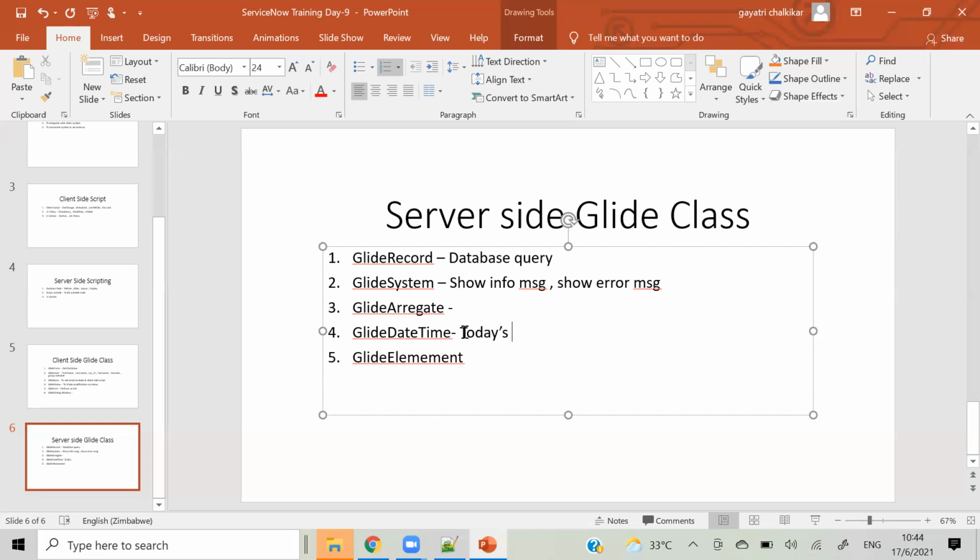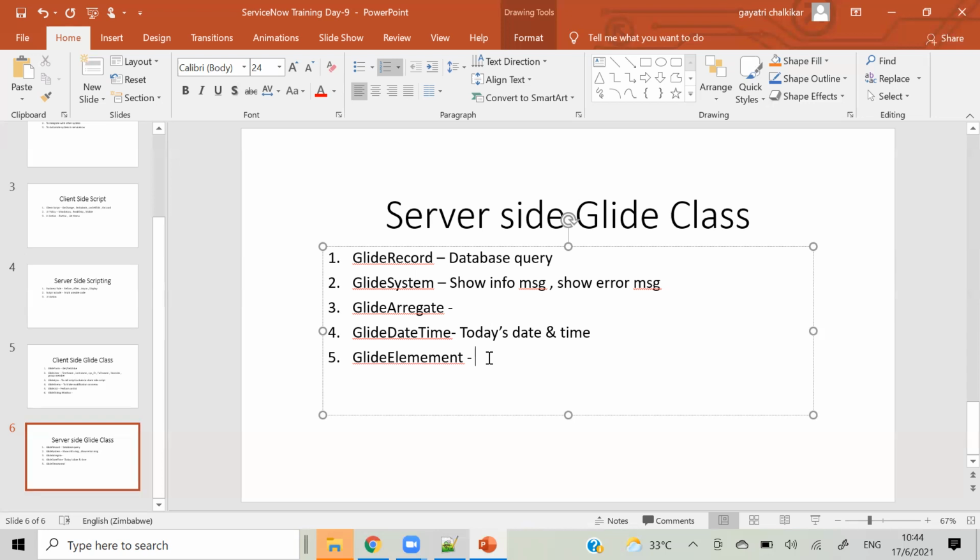You can get today's date and time from glide date time. In some cases you need to find the difference, like how many days it has been since the incident was created. So you can write code: today's date minus that created date, and you will directly get 7 days, 10 days, all those things. For that purpose we will use this.